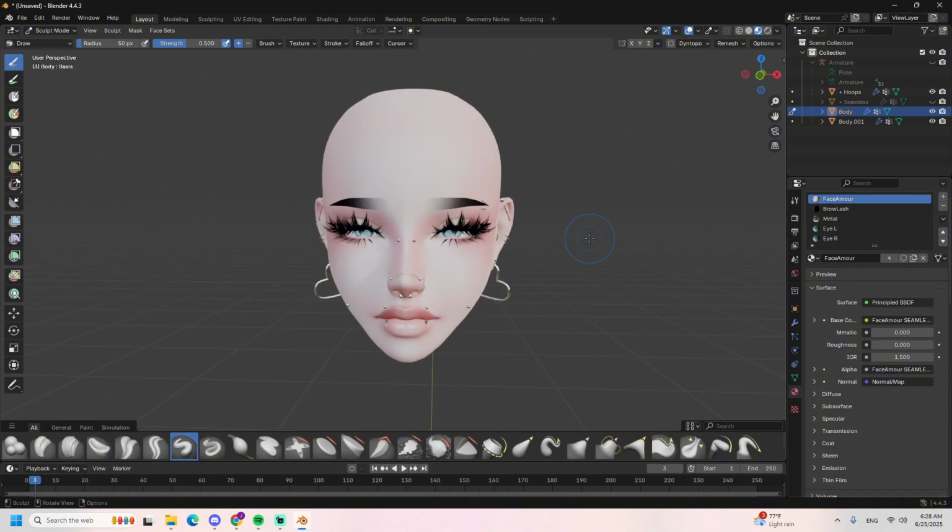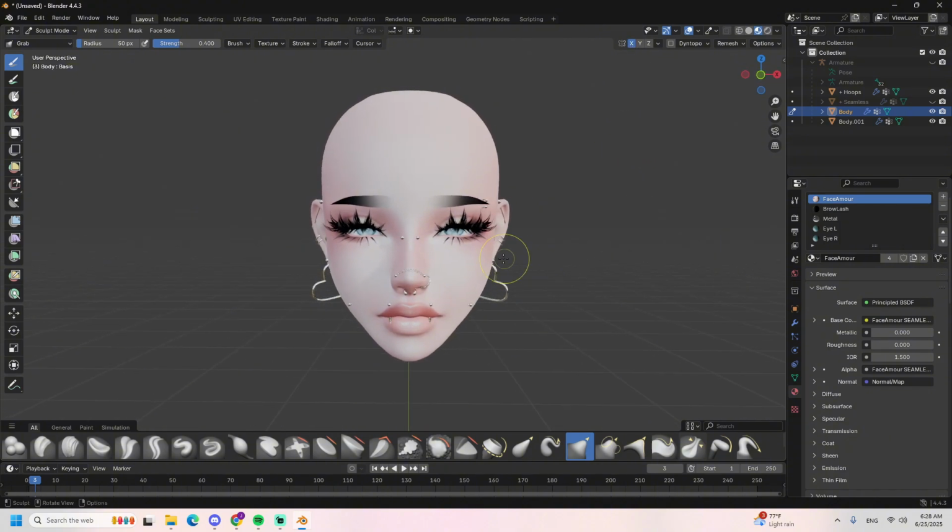Some people might not, but this is how I'm gonna do it in this video. I use the grab tool most of the time. The grab tool is my best buddy. All right. So if you want to make the basics of the sculpting tools, if you want to make it